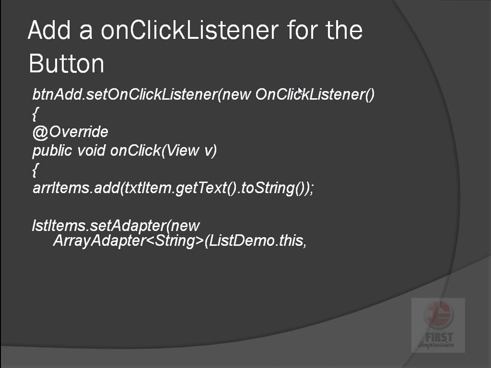We have to say lst items dot set adapter. Okay, we are adapting from a string to a view, so we will say lst items dot set adapter new array adapter, because we are taking data from an array list. And we have to say that we want to convert from string to the view. That is why we are saying new array adapter of string. In bracket, we have to pass the activity name dot this, comma,